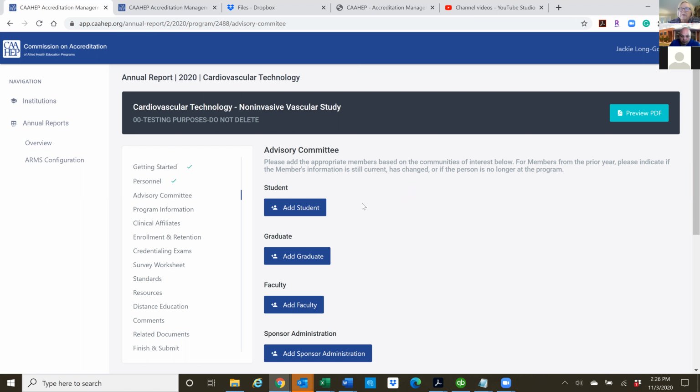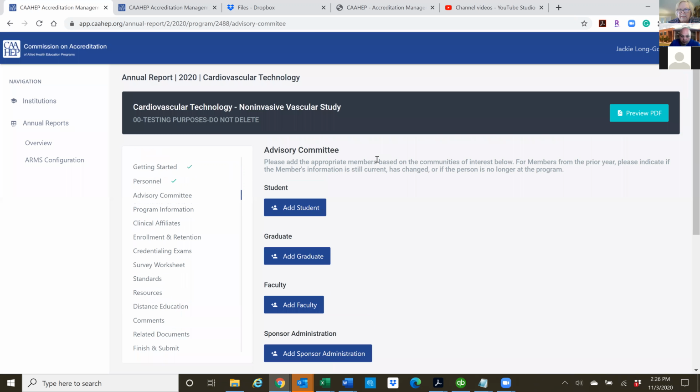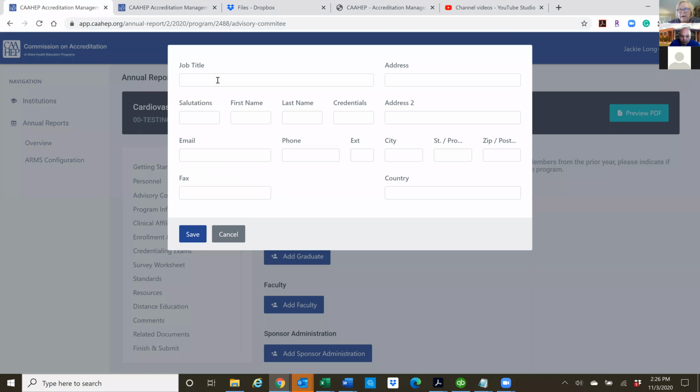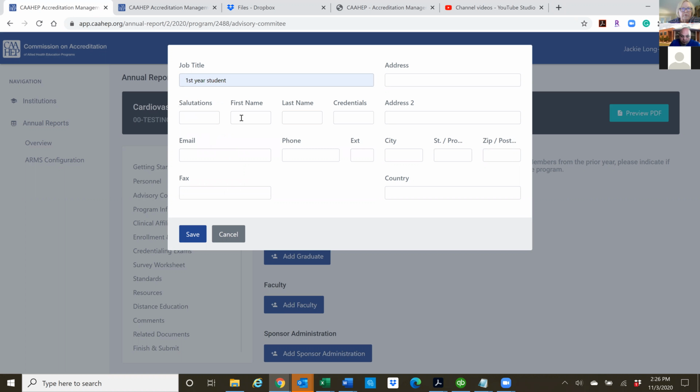So again, this is going to be a place where for you, it's a big change because you've never had to give us your advisory committee roster before, but now CAAHEP does want this. And so you do have to add somebody at every one of these slots. But after this, it'll just carry over. And so on your advisory committee, standard 2 says you have to have a student. So just pick a first-year student,